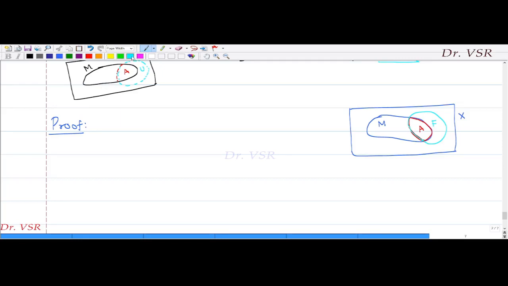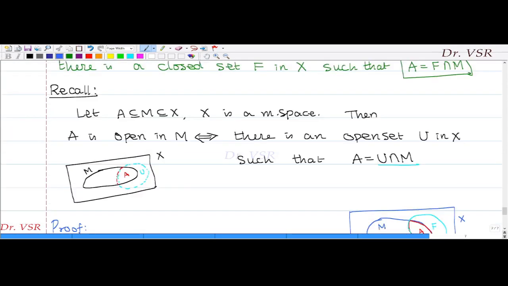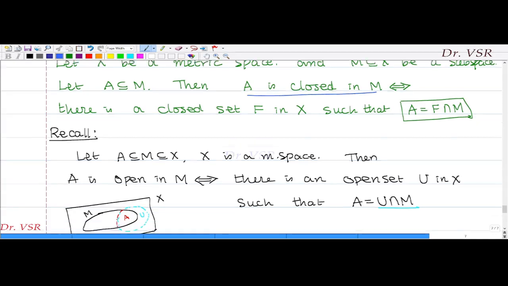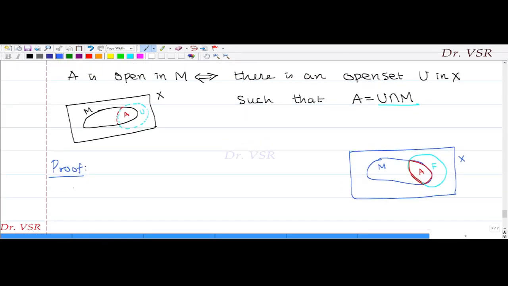So proof எழுதலாமா? So proof வந்து ஏதாவது ஒன்னு அசியூம் பண்ணிட்டு ஒன்ன ப்ரூஃப் பண்ண போறேன். So first let us assume that a is closed in m. So first இந்த part so இத என்ன ப்ரூஃப் பண்ணனும்னா இதான். So a is closed in m implies that there is a closed set f such that this condition will hold. So ரெண்டாவது கான்வர்ஸும் நான் ப்ரூஃப் பண்ண போறேன். So first let us assume that if part. Okay first எழுதிக்கிறோமா given